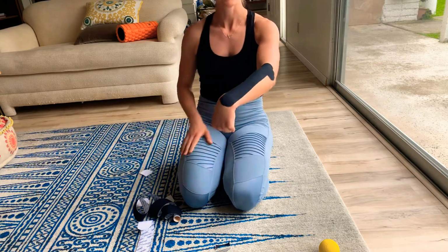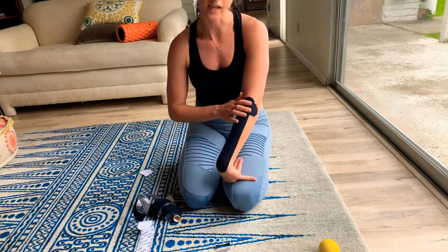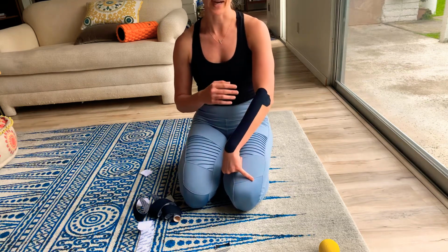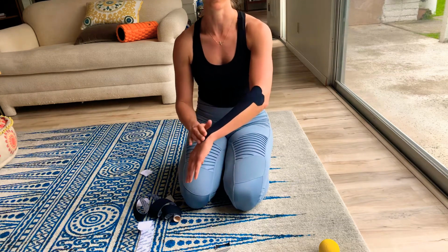And then you're good. So you can keep this on for 2 to 3 days. You can put ice on it, just don't put heat on it because it can melt the glue inside. You could shower with it, but 2 to 3 days is max. I would keep it on and then take it off with either some coconut oil, warm soap, and water